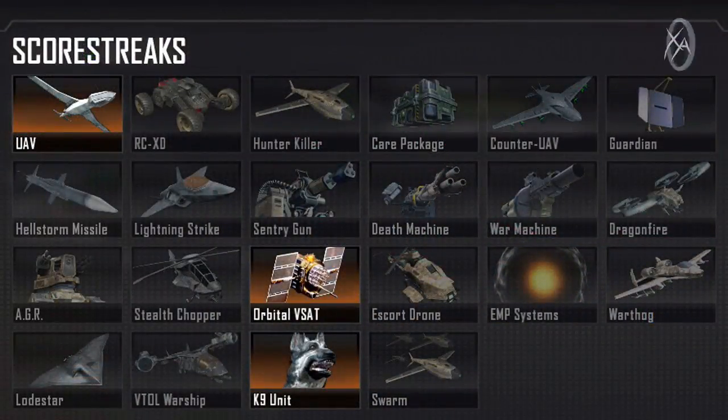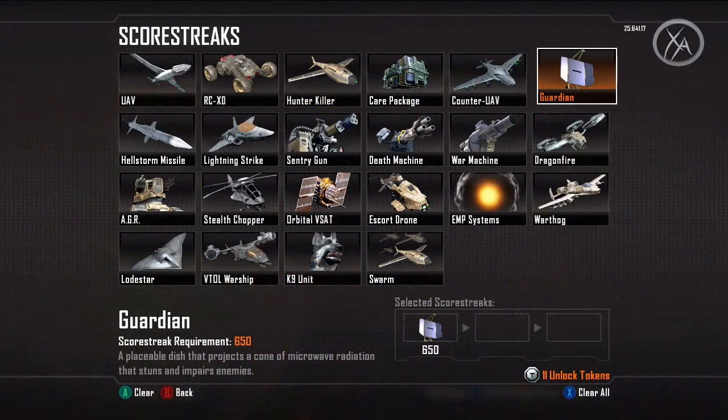Personally, I like to run UAV, VSAT, and K9 unit for Capture the Flag, because knowing the enemy locations in Capture the Flag is extremely crucial, and once you earn the dogs, the game might as well be over because of the respawn delay. Some of the lower kill streaks that I recommend using are the Guardian for defending your